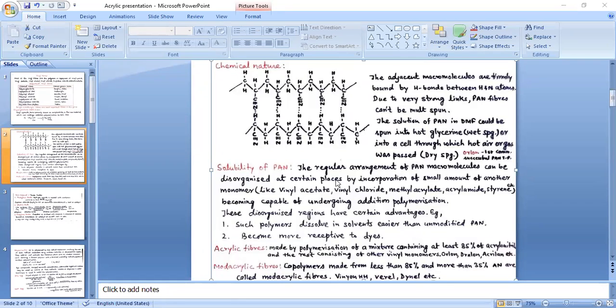So the regular arrangement of polyacrylonitrile, which is shown here, is a very regularly arranged polymer. So the regular arrangement,